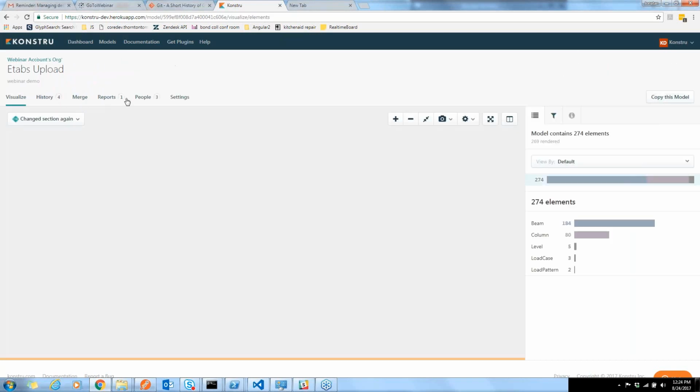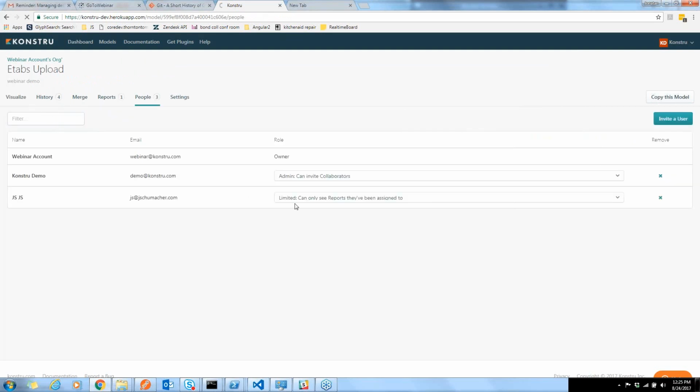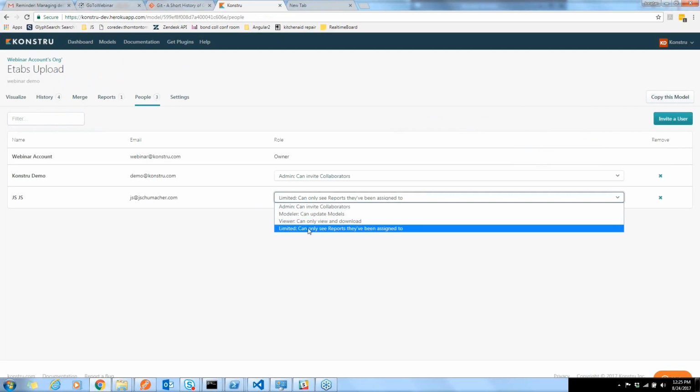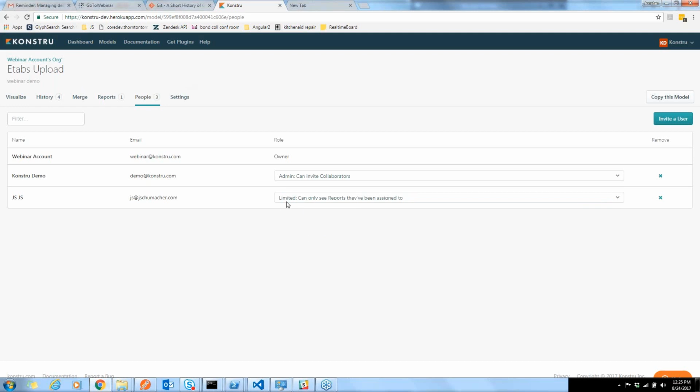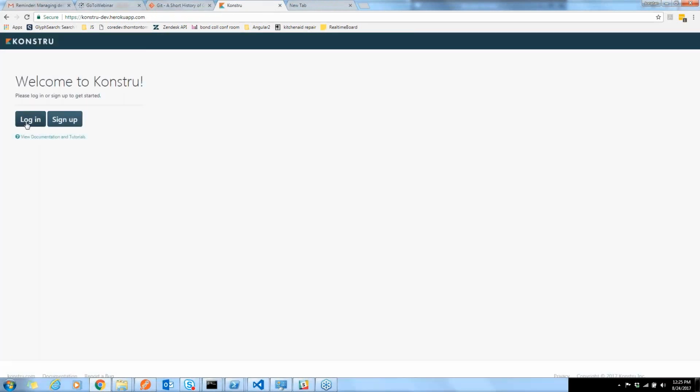If I go one level up and look at the people settings, you can see that this person was added with a limited view. This means they can't actually access the model. So if they were to log into Construe, for example from Revit, they would not see the model. There's no way for them to download the model, but they can log into the Construe web app and they can see the change report. In fact, I'm just going to do that now. I'm just going to log in as them